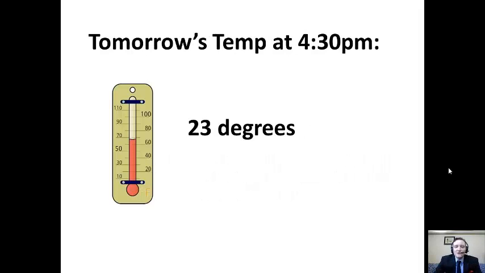So tomorrow's temperature, let's say, is 23 degrees. Now, how much money have you made? 200 bucks. And for the temperature, well, there's going to be a limit for the temperature. But what we're really doing when we're playing options is we're looking at the stock price. The stock price could go up, it could go down. It's pretty similar to temperature, right?